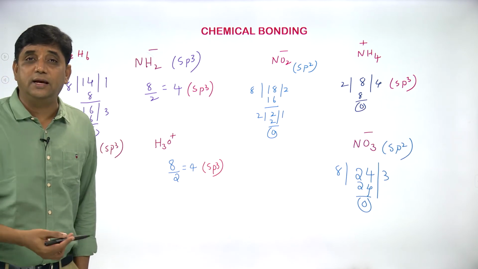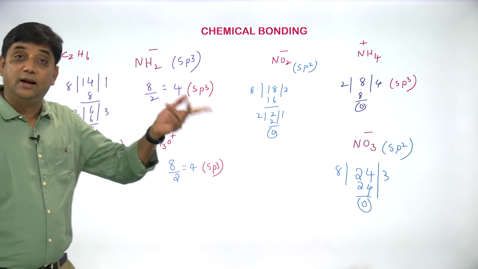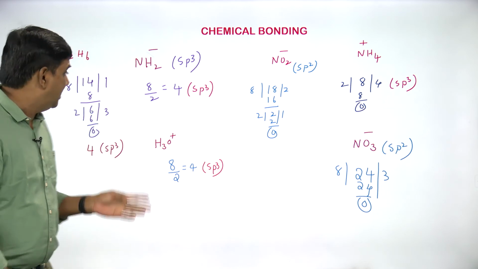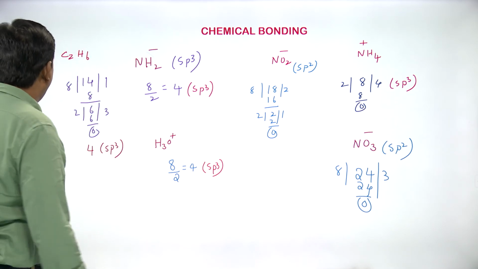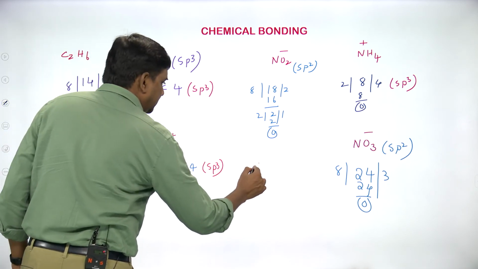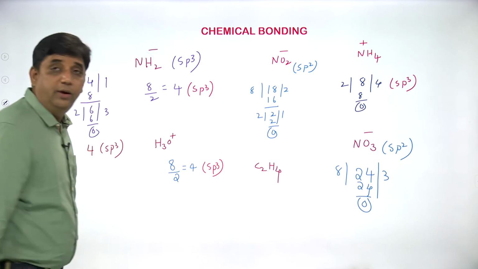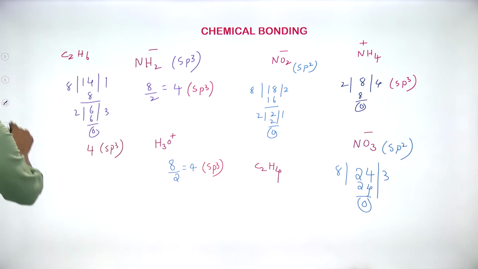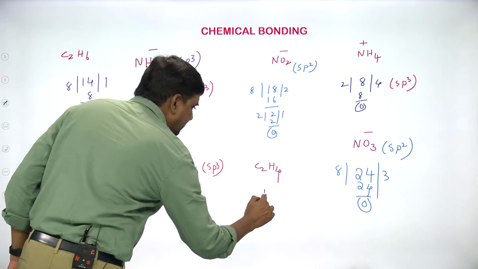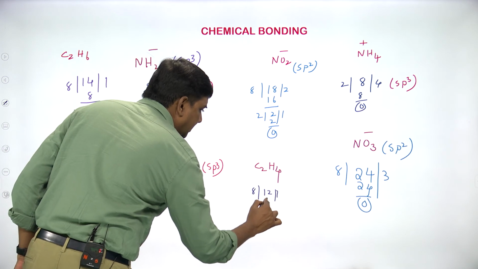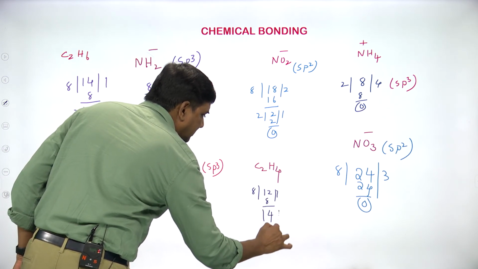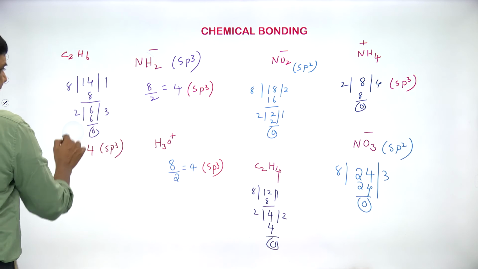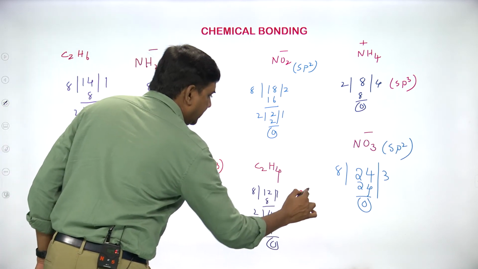We know that C2H6 is the example of sp3 hybridization, and by using the remaining techniques you cannot find out the hybridization for molecules which contain 2 central atoms, but here this is possible. And similarly you take C2H4. C2H4, 2 carbon atoms, 8 plus 4, 12. 12 should be divided with 8. 8 ones are 8 and 4. 4 means 2 2s are 4. 0. 2 plus 1, 3. sp2 hybridization.